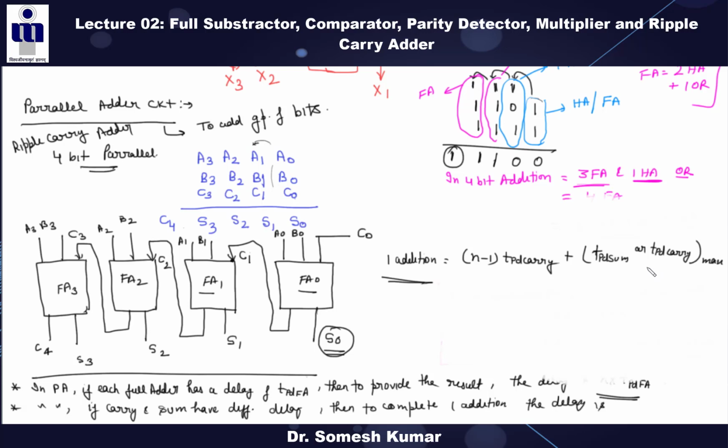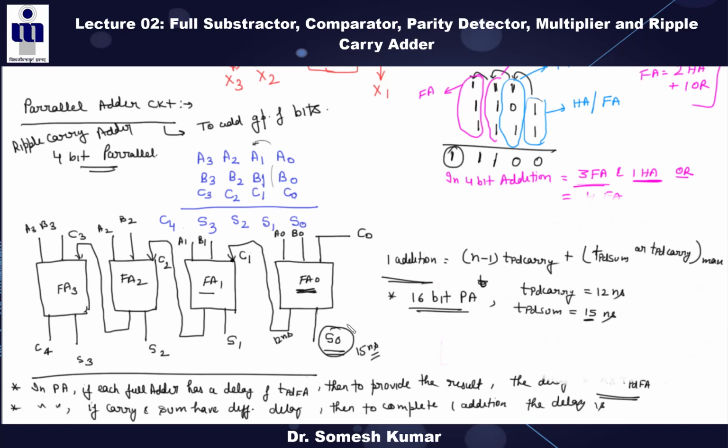For example, I am giving one example, and from that example it is clear. I am saying for one 4-bit addition, we'll talk first about these 2 bits. Now this first full adder will give the sum after how much time? This will give the sum after 15 nanoseconds. But what about this carry? This carry you will get after 12 nanoseconds. But this circuit has to wait 3 more nanoseconds to get the sum.